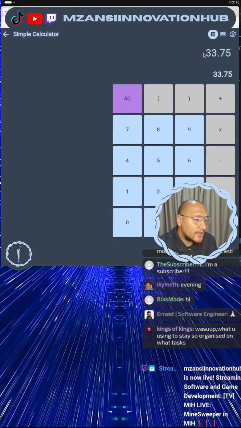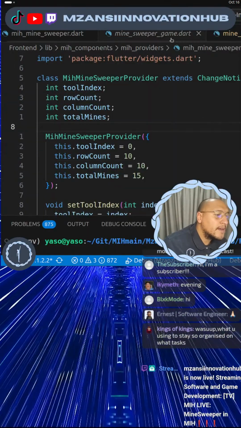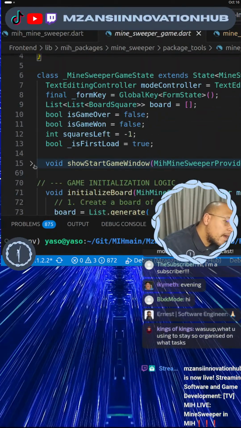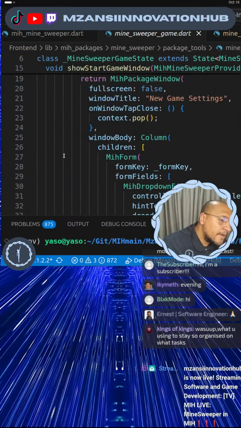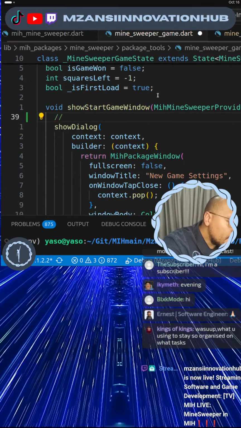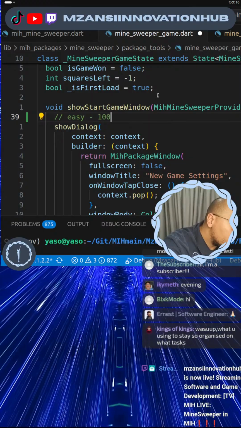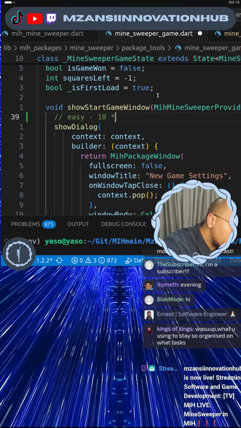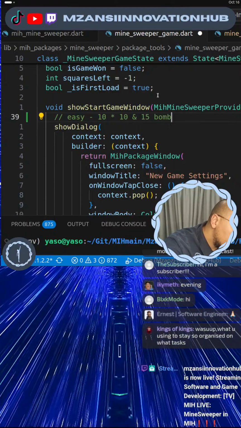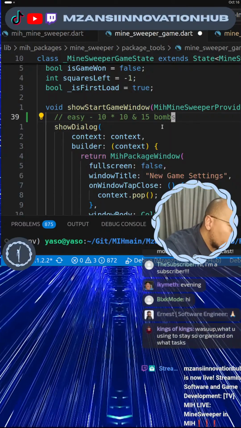We need to write this down. Let's go to our game. Let's go to our window, which should be at the top. And we'll add some settings over here. We'll add some comments over here for ourselves. So easy is 100 or 10 times 10 and 15 bombs. And then if we yank it and paste it,